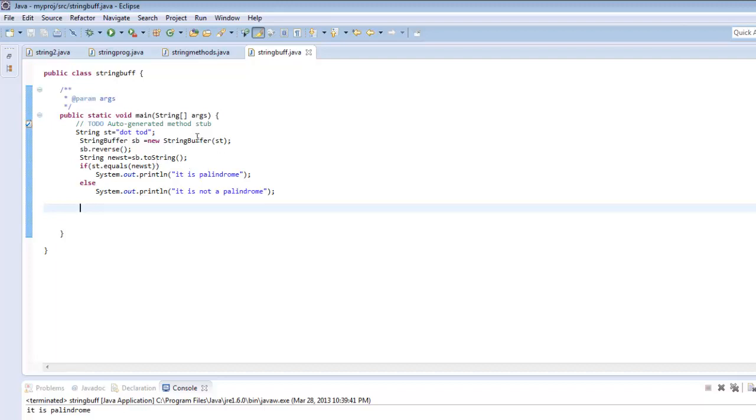So this time we had a string buffer on the string. We use the reverse method of the string buffer, and then we compared the new string with the original string. Now we have some methods like